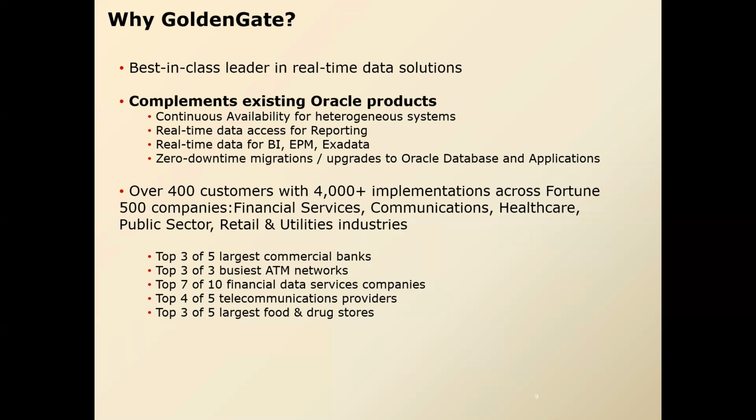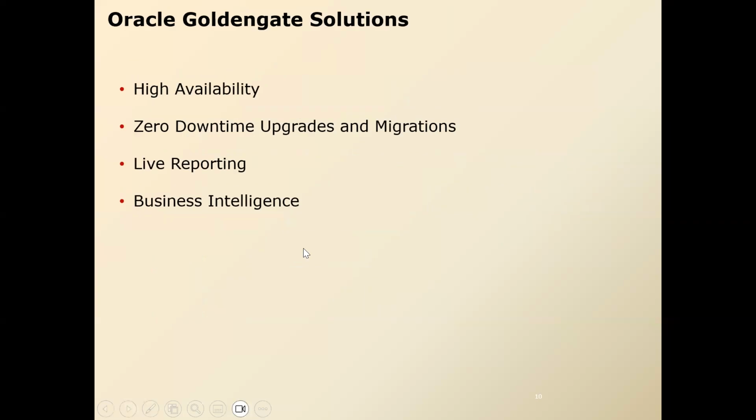So Goldengate presence is not only in banks or the telecommunication domain, it is also used by financial data services, food and drug stores like Shoppers Drug Mart, and ATM networks. Initially when Goldengate was launched in 1995, it was launched for ATM databases. Subsequently, the support was extended to multiple other databases. So Goldengate is one of the best CDC tools available in the market and it is widely used.